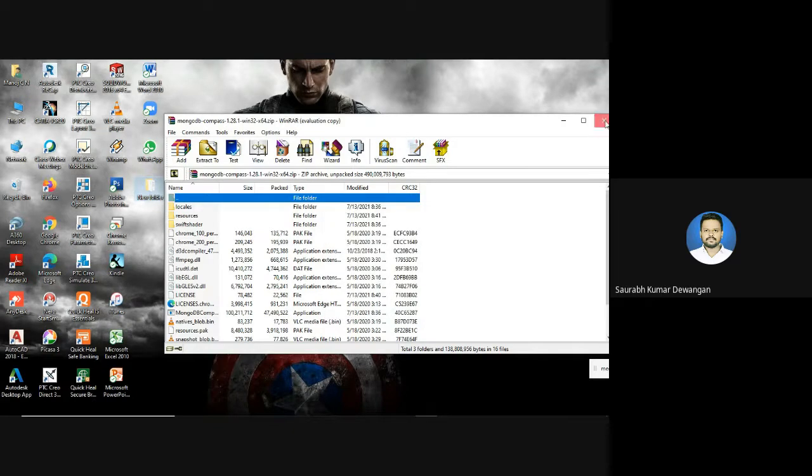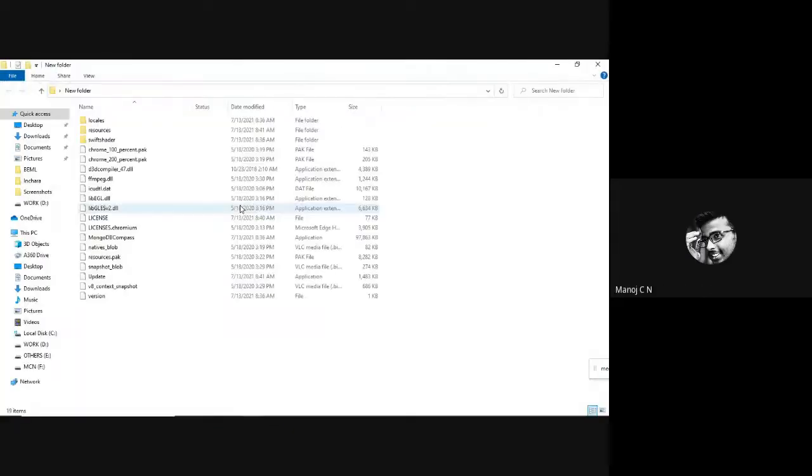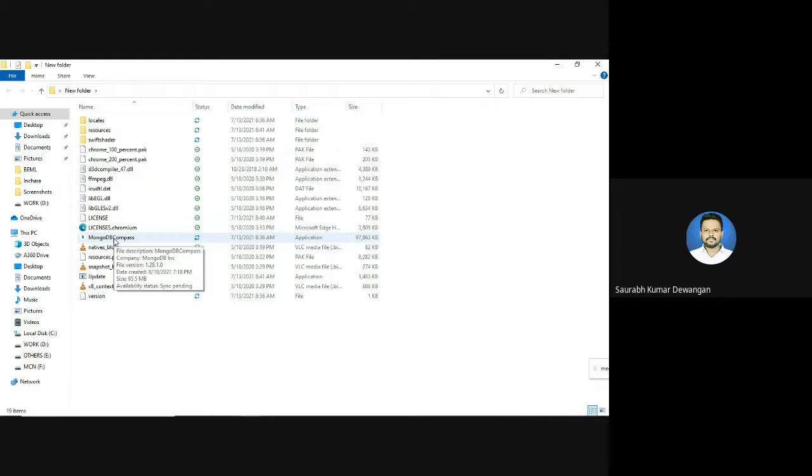Okay, fine. Sir, I extracted the file. Can you see my screen, sir? Yeah, it is visible. I extracted the file I downloaded, MongoDB Compass, to install it. Yeah, open it.